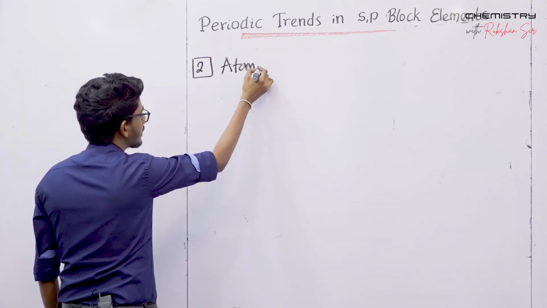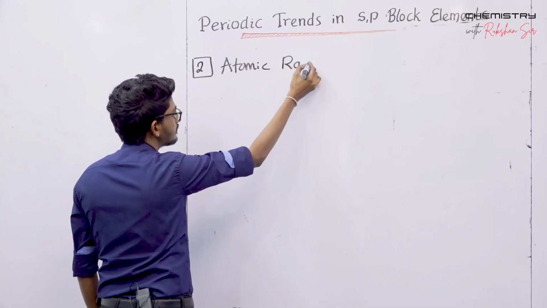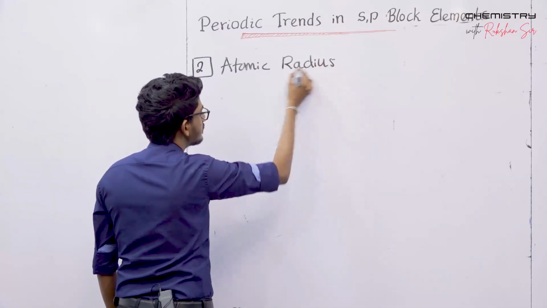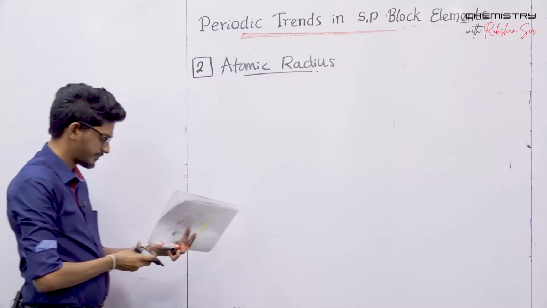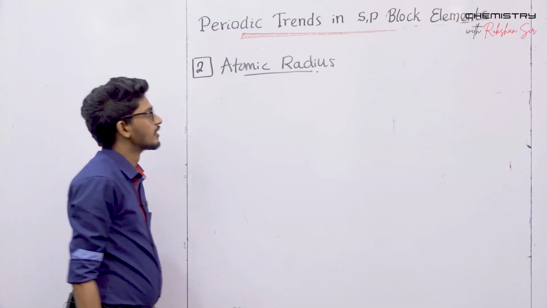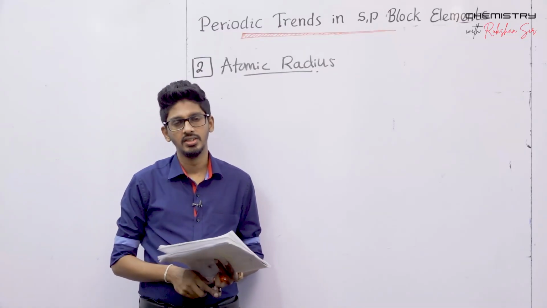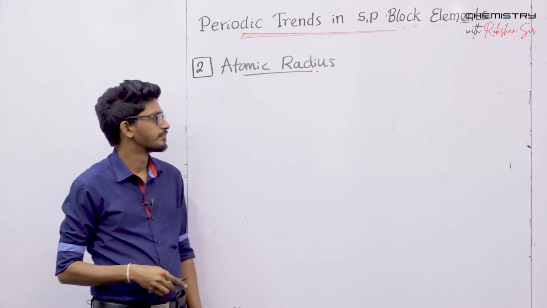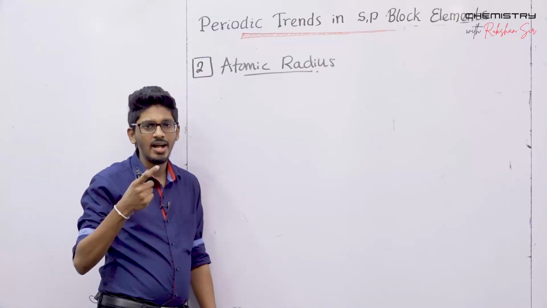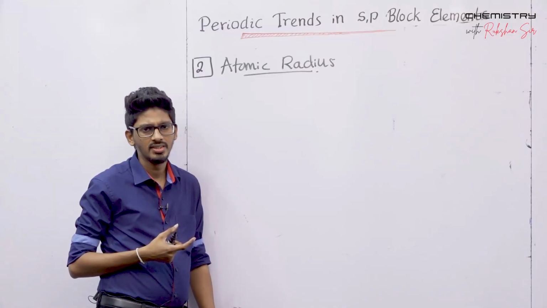Atomic radius. Okay, so the thing is like this. Basically, one may think that calculation of the atomic radius is easy,